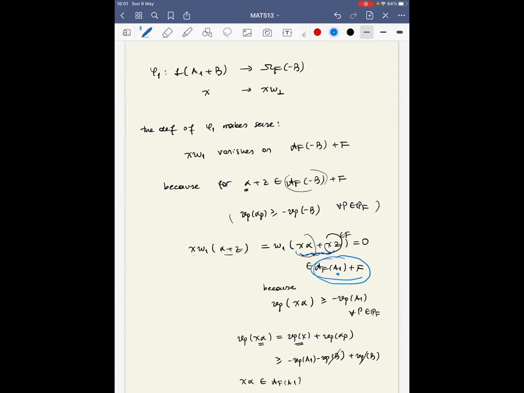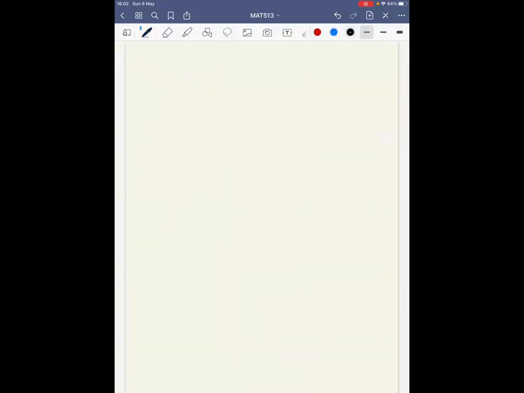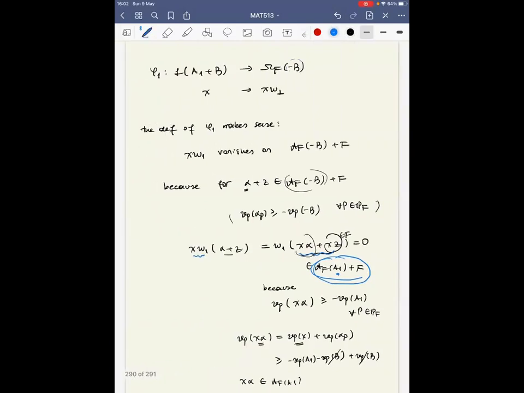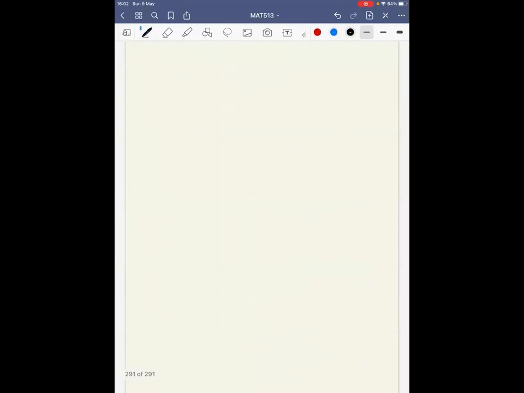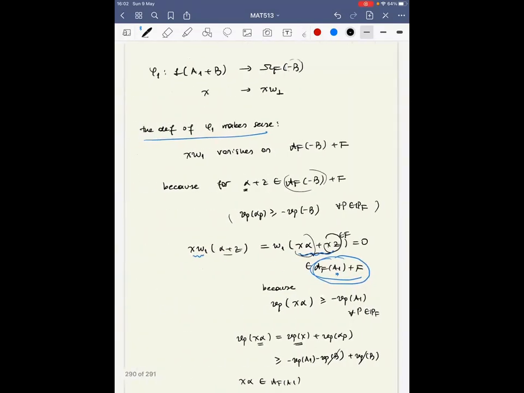So that means x times omega 1 is a Weyl differential of the divisor minus B. And indeed, we can also see that phi 1 is a k-linear map, because for phi 1, the image of x plus y, where x and y are functions from the Riemann-Roch space of A1 plus B, by the definition of phi 1,